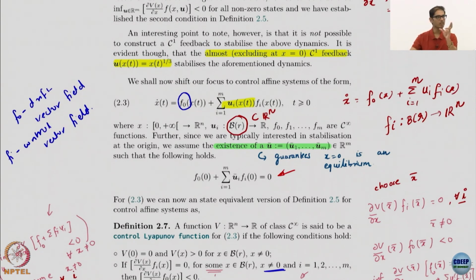So controllability is defined very neatly using these vector fields. It's a vector field because given a point in the state space, it generates a different vector, so it's a field of vectors. f0 is called the drift vector field because even if you don't have control, the system will drift in this direction. And the fi's are called control vector fields. This is standard terminology.